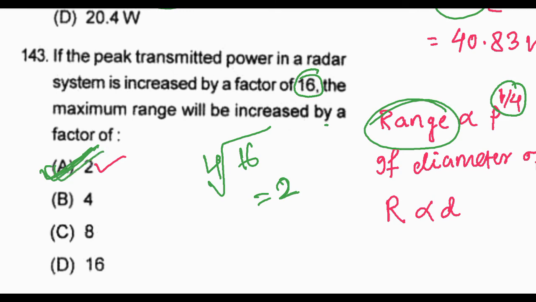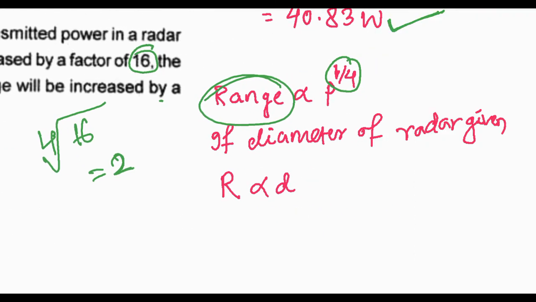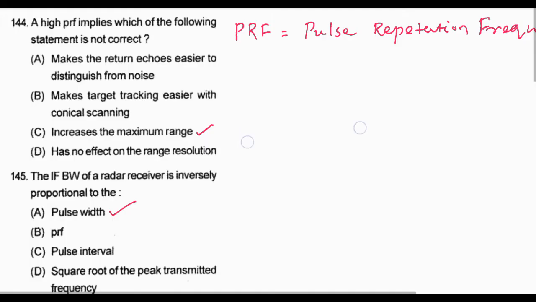Suppose this is given in terms of diameter, so what will be the relation? Range is directly proportional to diameter. Suppose diameter is increased by a factor of 16, then the range is also going to be increased by a factor of 16. So next question number